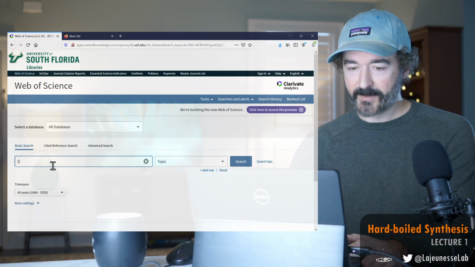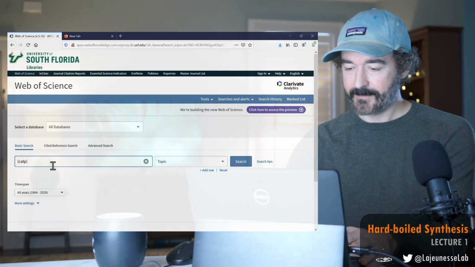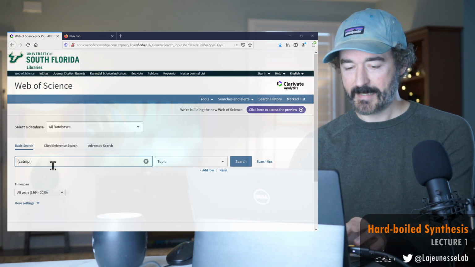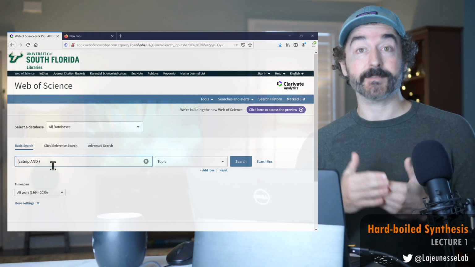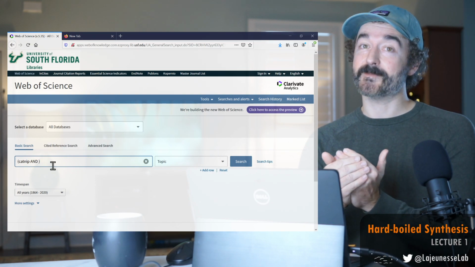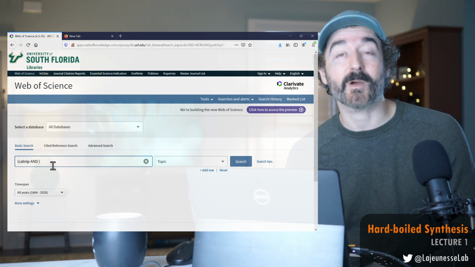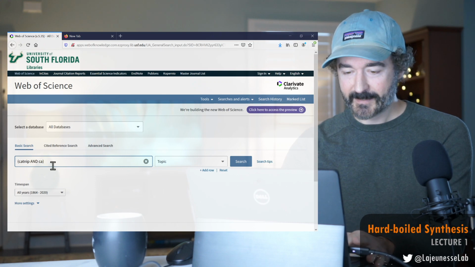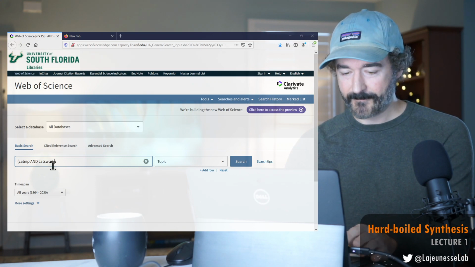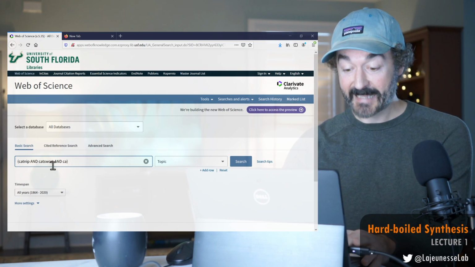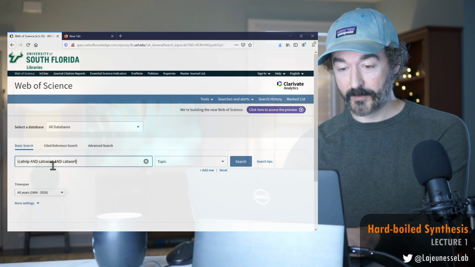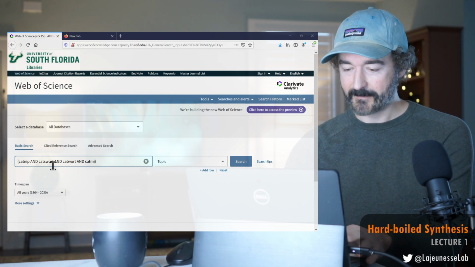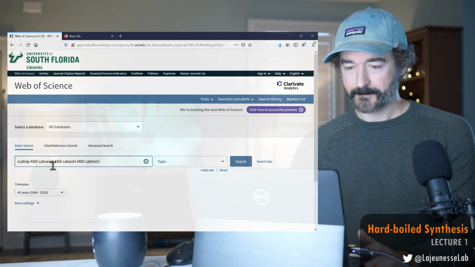Okay, so what I want is catnip, common name, and then I'm going to add a Boolean here of and. I want to be inclusive of other ways to describe this plant. Catnip, catswort, catwort, and my favorite, catmint.